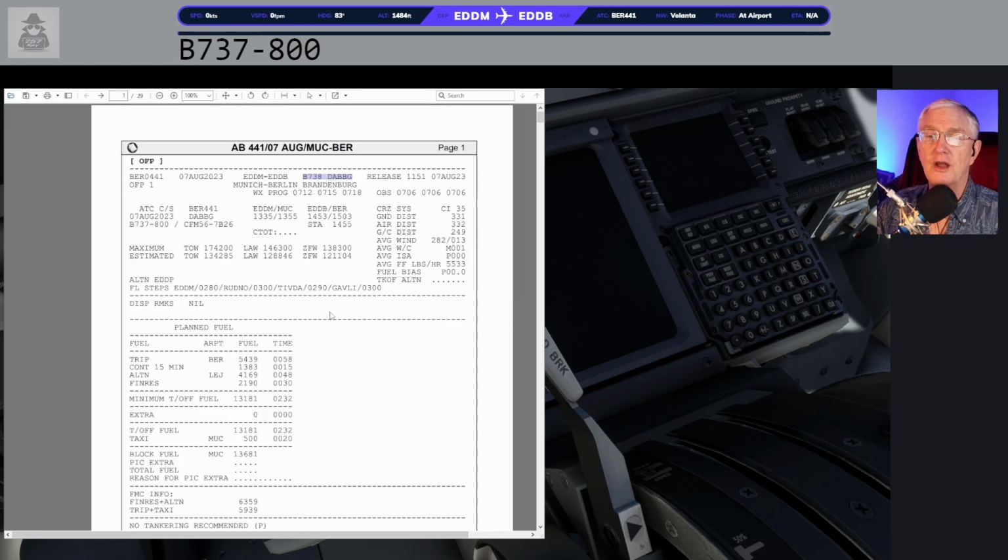I usually get the Lido style of charts. This is the default charts, flight plan. This is the default style that you get in SimBrief, mostly because an awful lot of airlines just use this basic style of flight plan. And one of the things we need is our fuel. And it's going to be